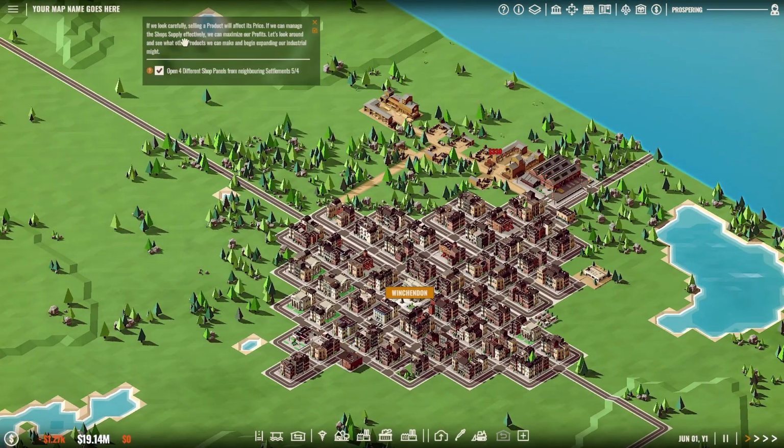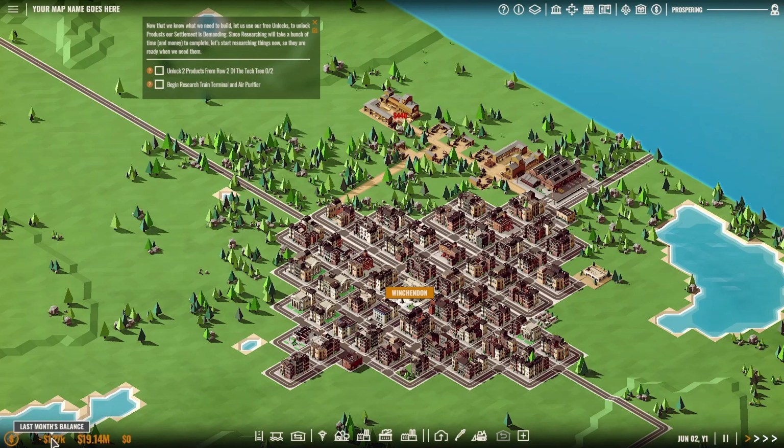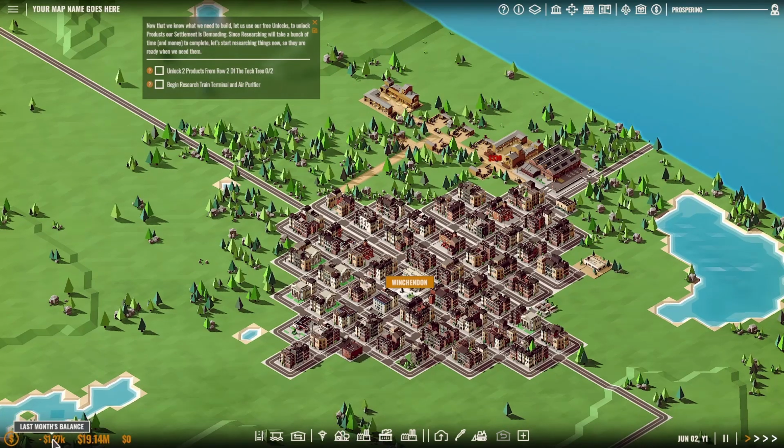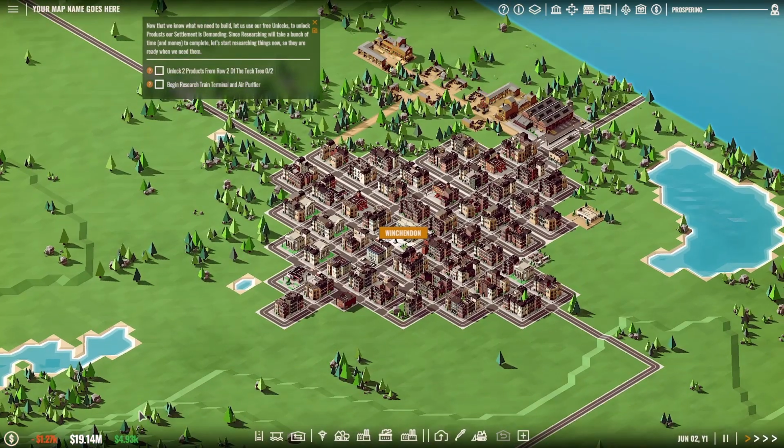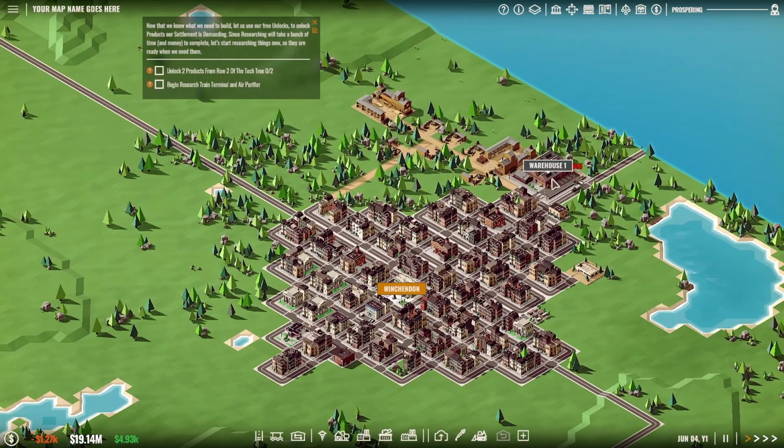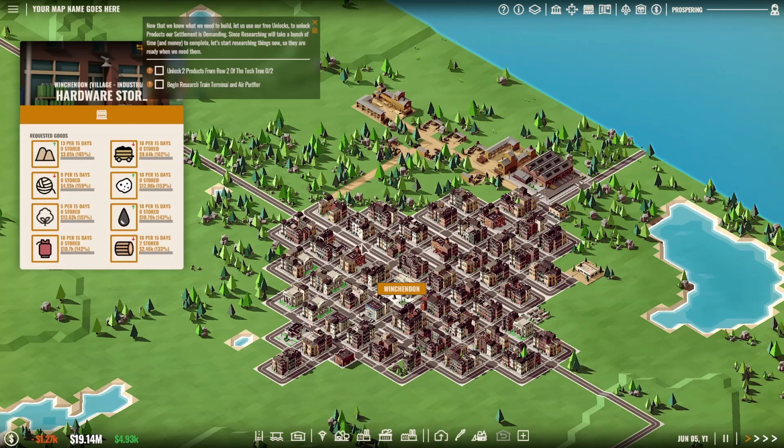So the goal is have it to where you're always looking at a last month's budget of, like, you know, green numbers. Because right now, yeah, we're in the positive, but it's only June 3rd. Bills don't get paid until the end of the month, is I believe how it goes. So green here is not necessarily rolling in the cash. And then obviously the name of the game is going to be, you know, build better things. I mean, you can easily see that in...